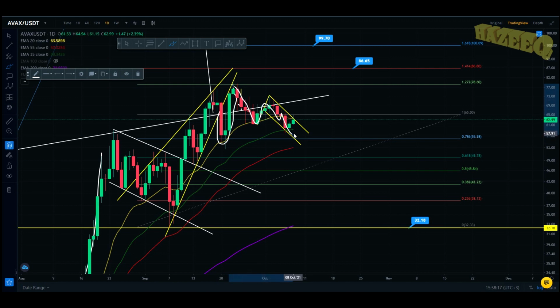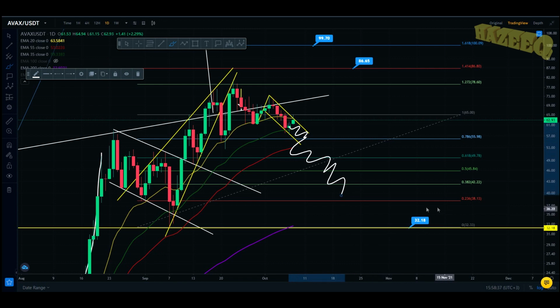And now we're forming a bull flag. A bull flag is a bullish pattern over here. So potentially what can happen is we break out from this bull flag. We have a target of $75 with that bull flag. So potentially that's something that can play out as well. If we end up coming back down with this flag, lose support, then you potentially are coming back down to $32 with a Bitcoin flash crash.